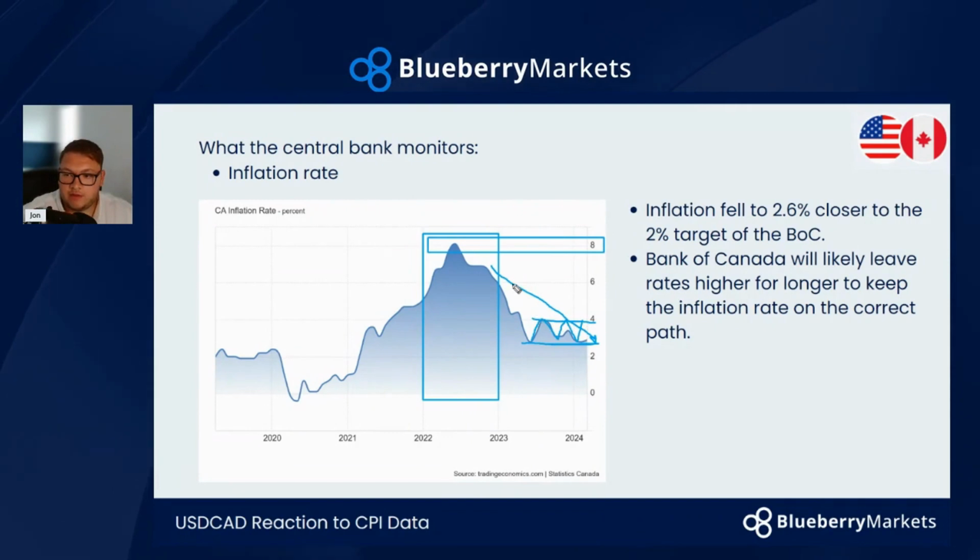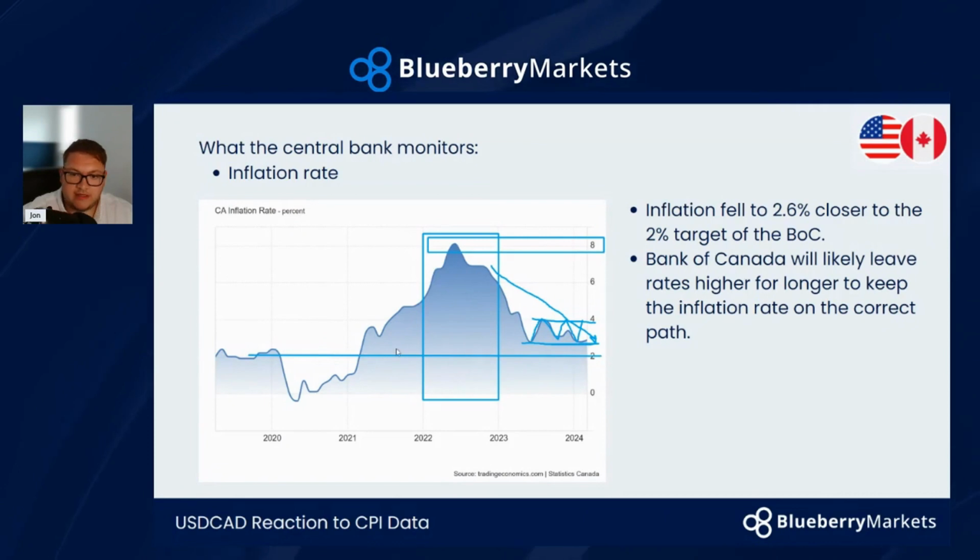and lows, whereas we've still got that kind of average decline in the inflation rate in Canada. But where do they want it to be? They want it to be near this 2% level where we saw back in 2020. So that's what they want to see. The rate of getting inflation down to that point is leaving those interest rates higher for longer. So that's what they want to do. They want to see that continuation of that downside pressure on inflation.